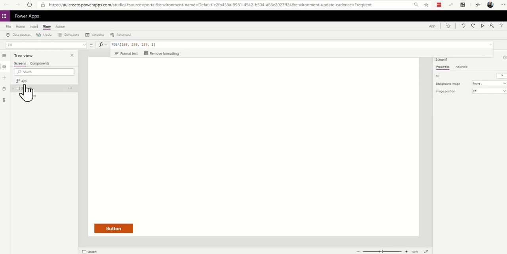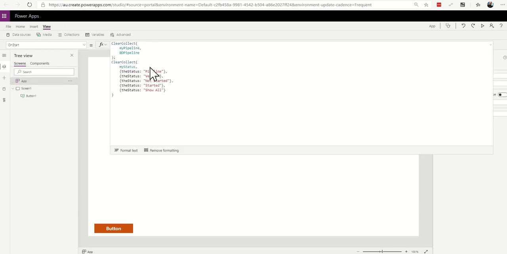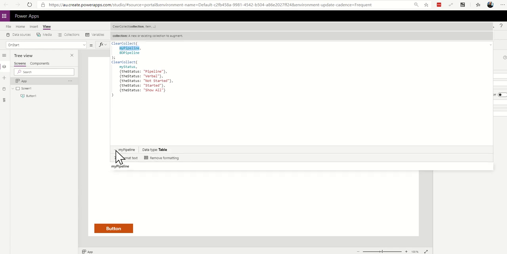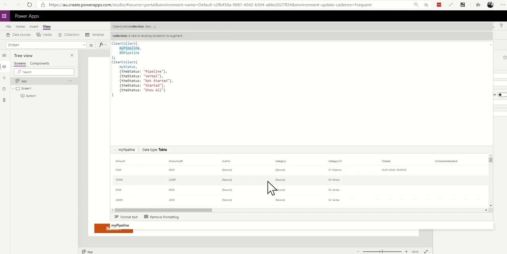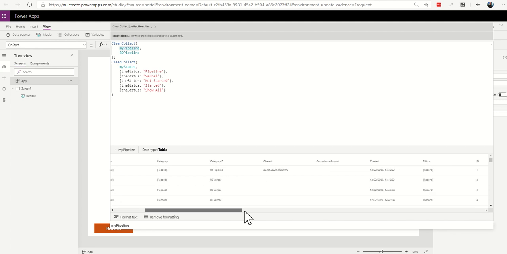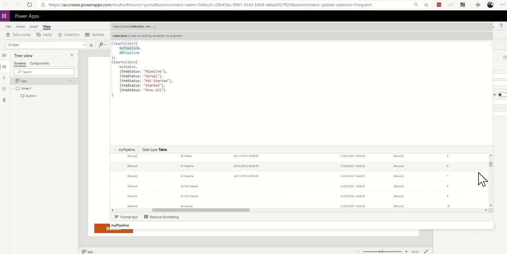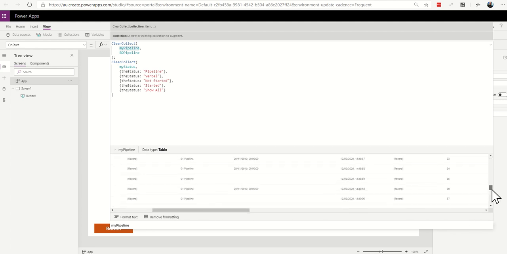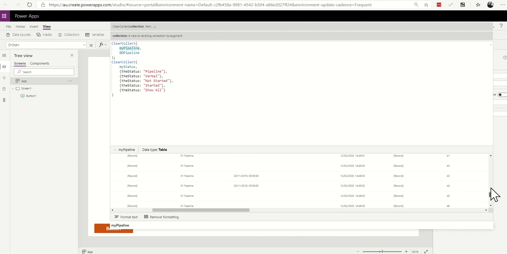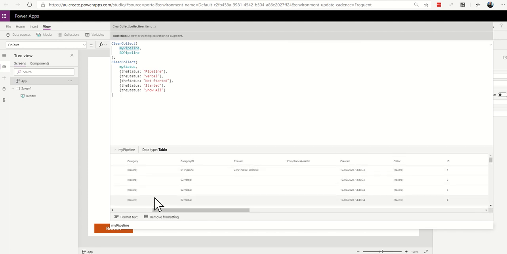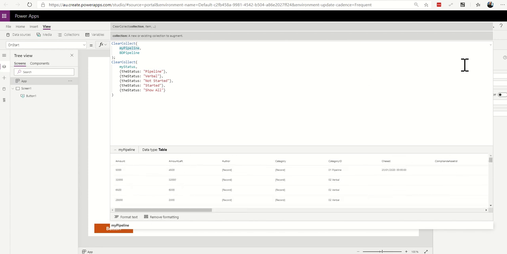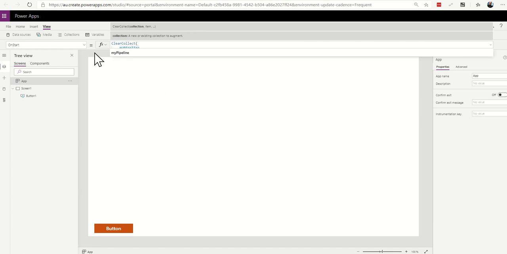And then looking at the app on start now, because we've got the collection, I can hover over My Pipeline, and if I click on that little drop down next to it, I'll start to see information that comes in there. In this view, you see as many of the items as you want to see, right? So it's good for debugging if you want to see why a particular item is not in or is in. All right, so we created our two collections,